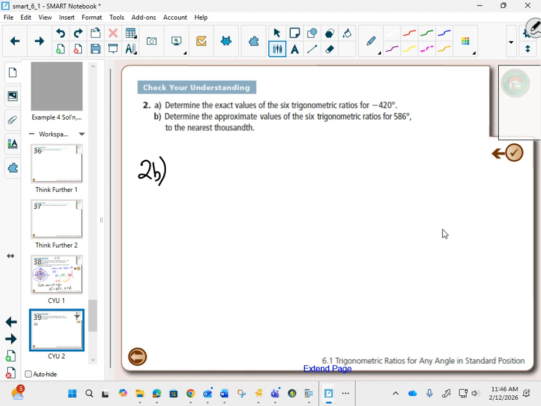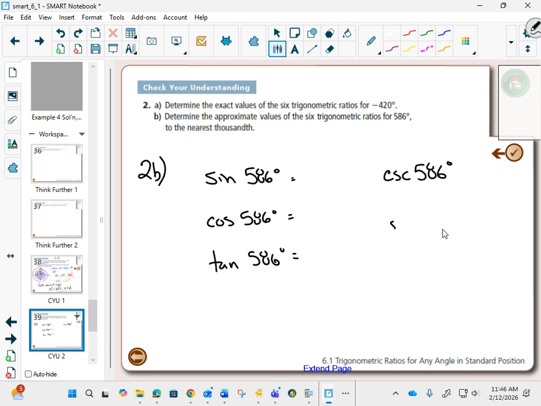Determine the approximate values for the 6 trig ratios of 586 degrees. So we're going to figure out sine of 586 degrees, cos of 586 degrees, tan of 586 degrees. We're going to get all of those from our calculators. We're also going to get the reciprocal ones: cosecant of 586 degrees, secant of 586 degrees, and cotangent of 586 degrees. And these are mostly easy